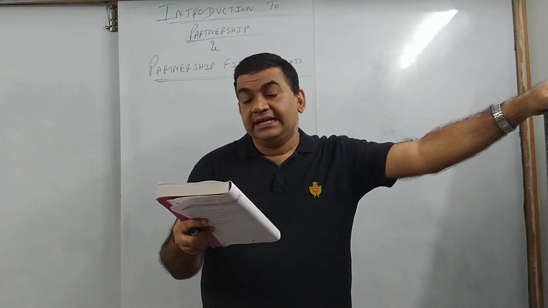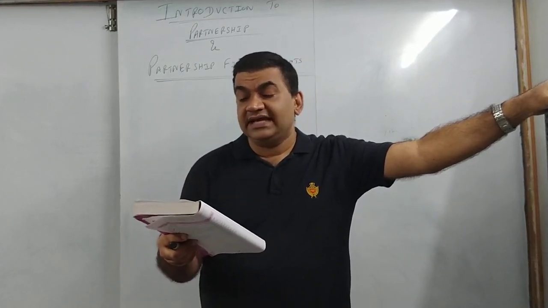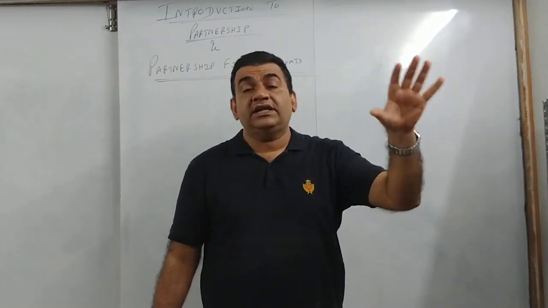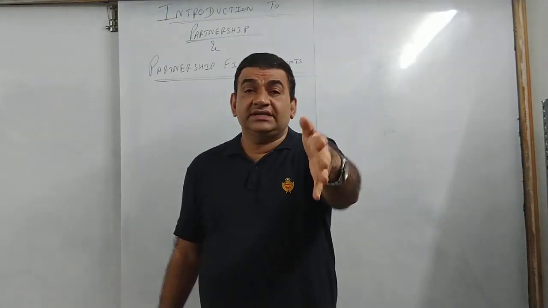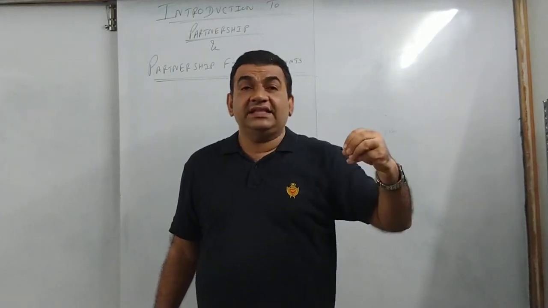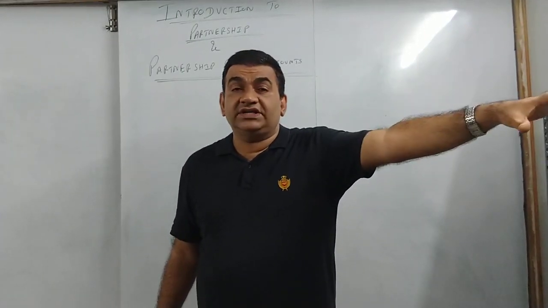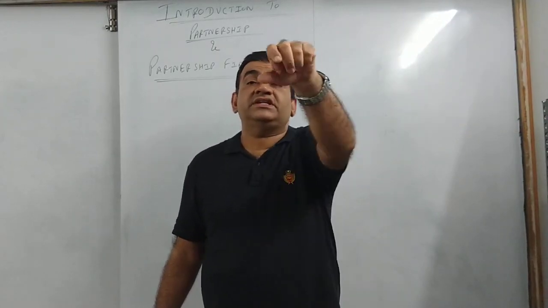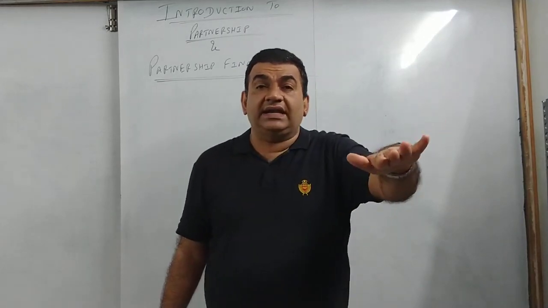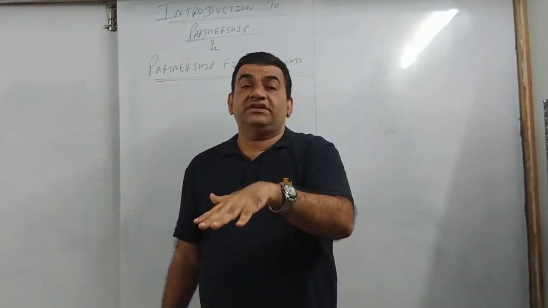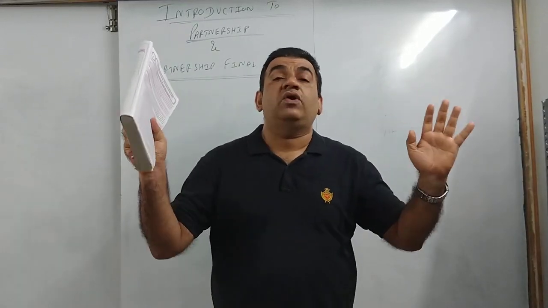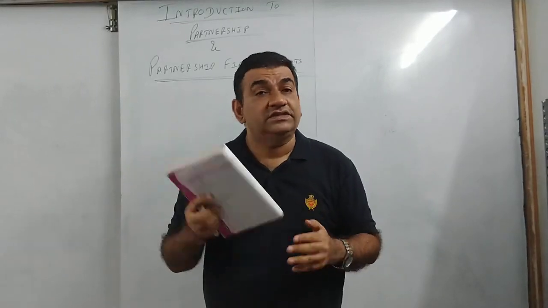Okay? And then rights and duties of the partners, etc. as given in the partnership. Rights and duties matlab what right each partner will have. Duties, what is the duty assigned? As I told you, suppose A, B, C are there. A has been told, okay, you look after production. So he will look after only production and purchase of goods. B ko bola, you look after marketing. So he will look after only marketing. C ko bola, you look after accounts and finance. So whatever is assigned to you, according to that, you play your role. That is the meaning of this part.